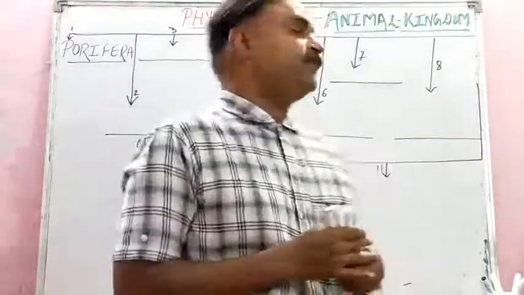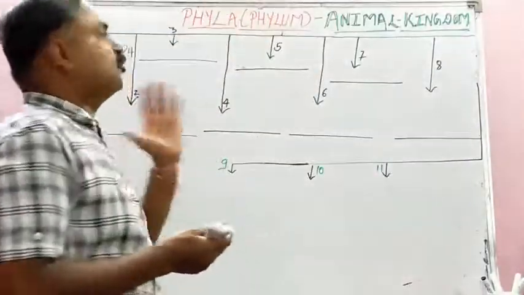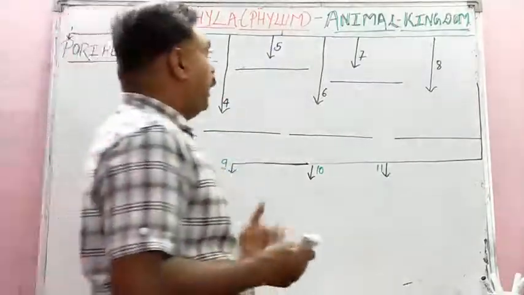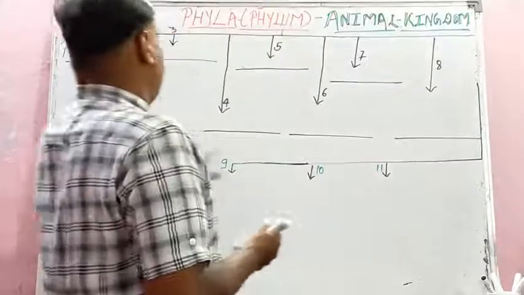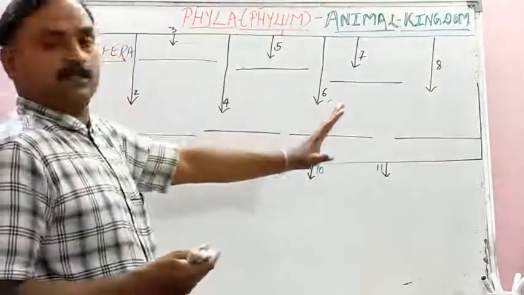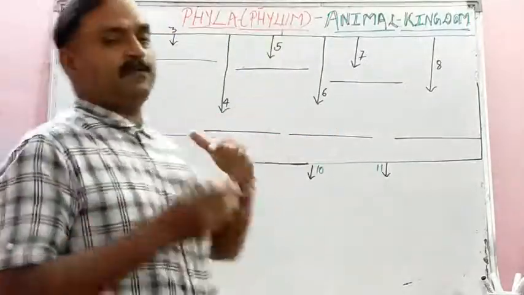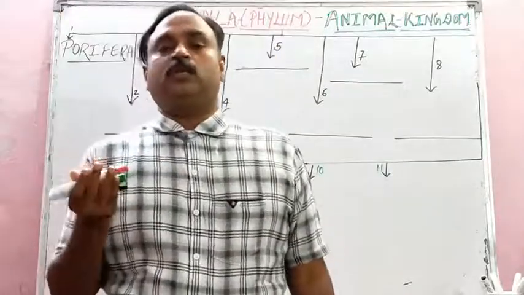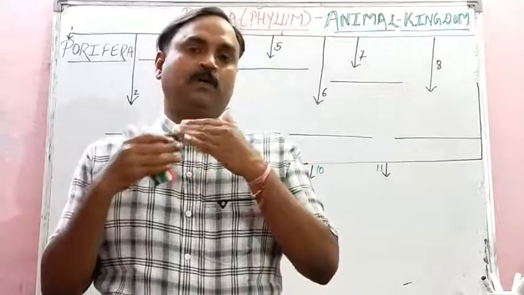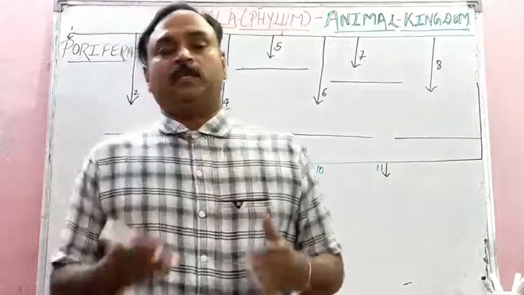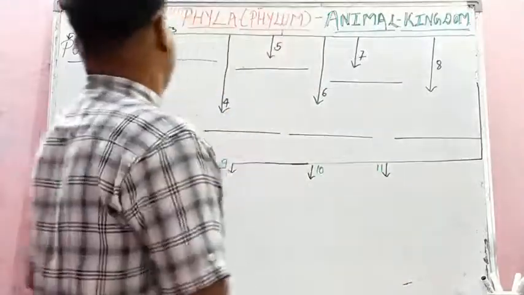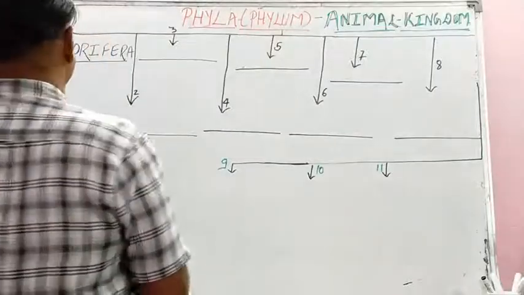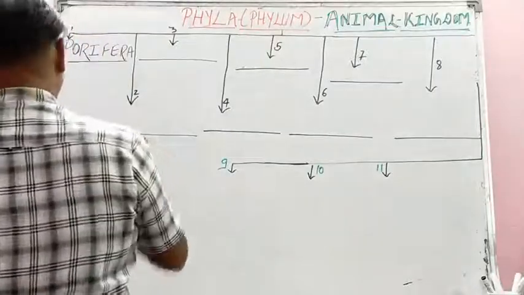In animal kingdom we have to study some groups, and they are called phyla. Phyla is plural and phylum is singular. So one by one I will write all of them. And fortunately the name of these phyla will help you to learn the features of all the examples. The first feature will be the name feature only. So the first one is Porifera.